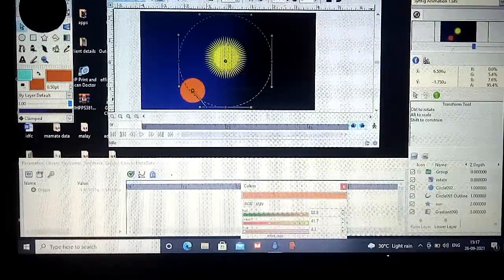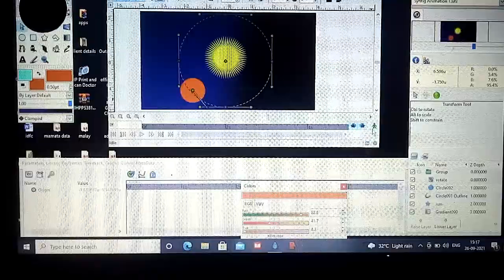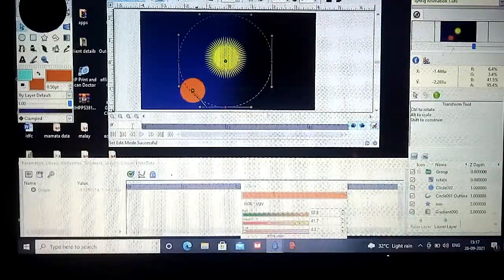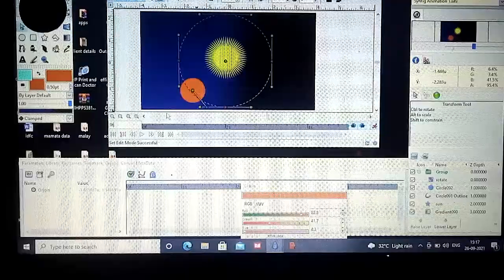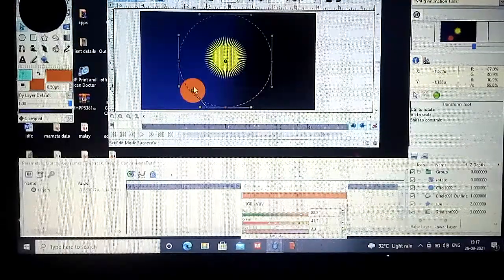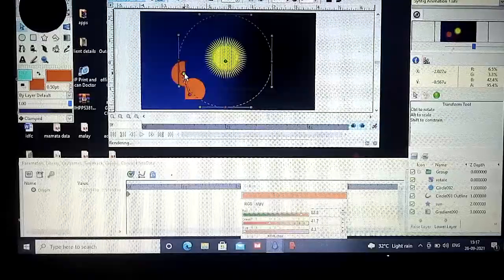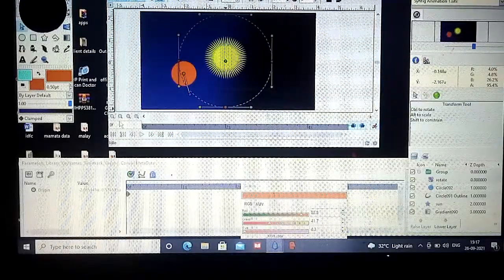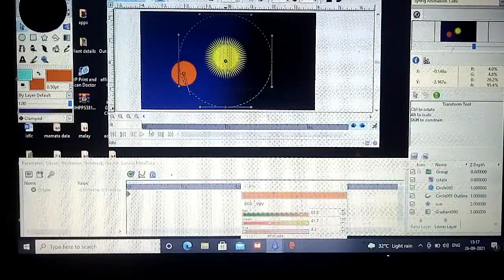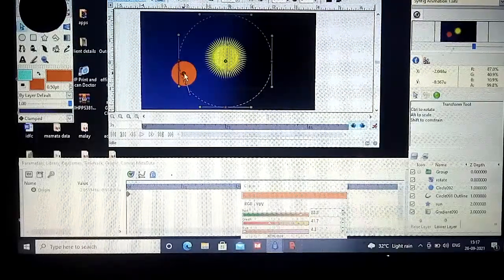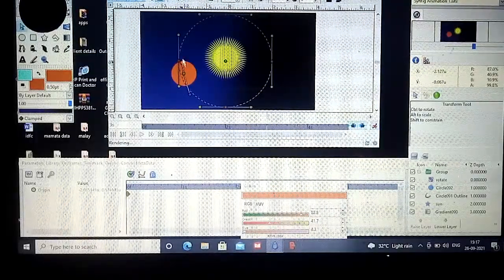Now I am doing the animation part. It is the same only, but if you want to see, I will just show you. At 0F, press enter, and you can just change the position of it as you want. Then at 3S, I will move.